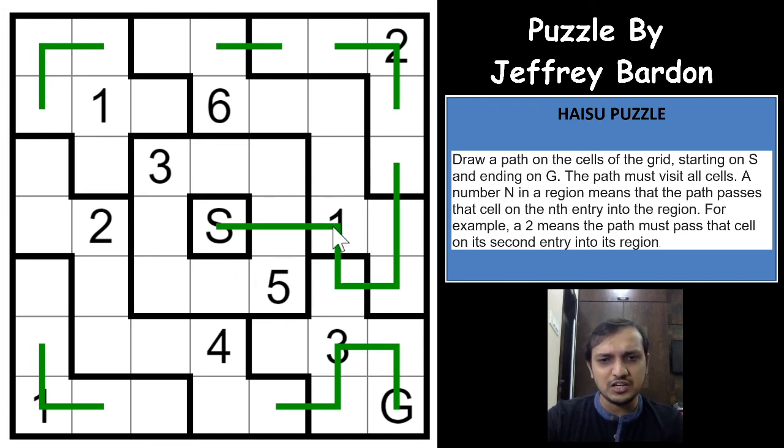So we have the 1st entry here, and then the 1st entry in this region, the 2nd entry here, and this would be the 1st entry in this region. Right now this cell is the 1st entry in that region, so it cannot connect towards the 2. It will go this way, go this way, it will go this way, right? And again, excellent logic here, a very difficult one to see here.